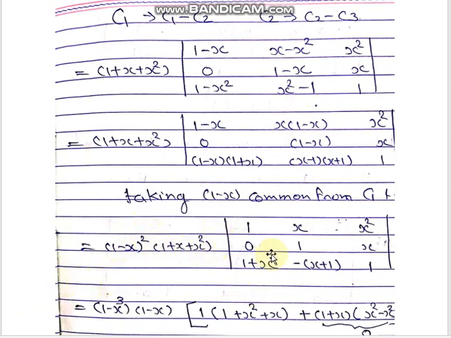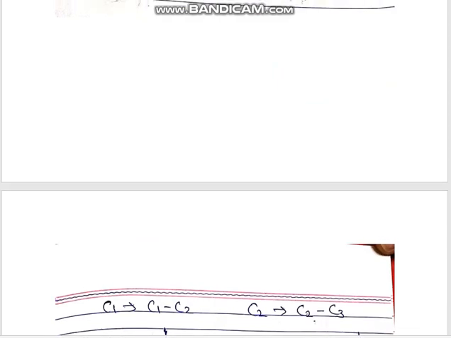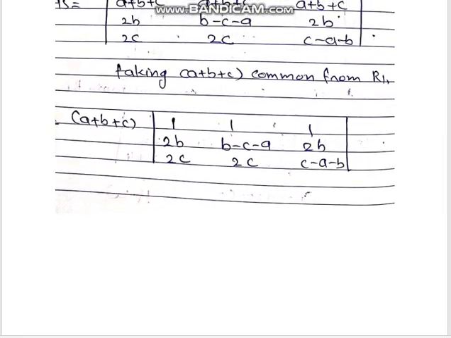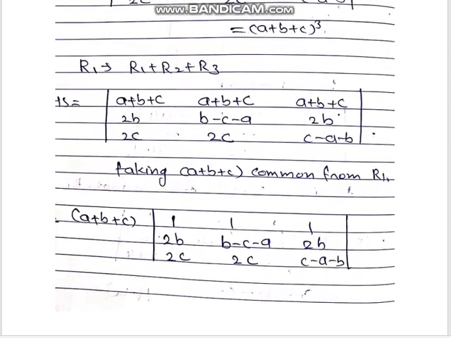Okay, and inside the determinant we will have here 1, 0, 1 plus x, x, 1 and minus of x plus 1, because we took 1 minus x common. Okay, now from this 1 minus x into 1 plus x square will be 1 minus x cube, and 1 minus x as it is and expanded. Okay, so you will get the 1 plus x square, and 1 minus x is there. So ultimately it will be 1 minus x cube whole square. Now let us move on to the next sum.